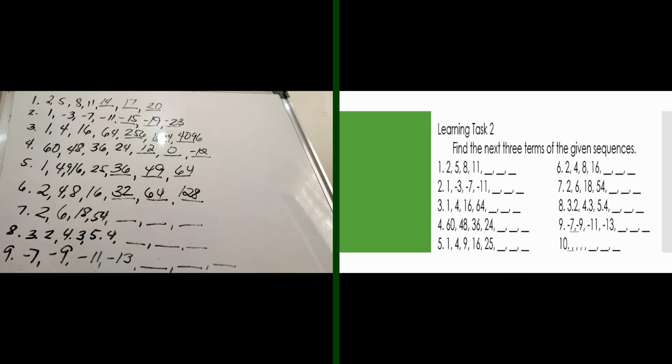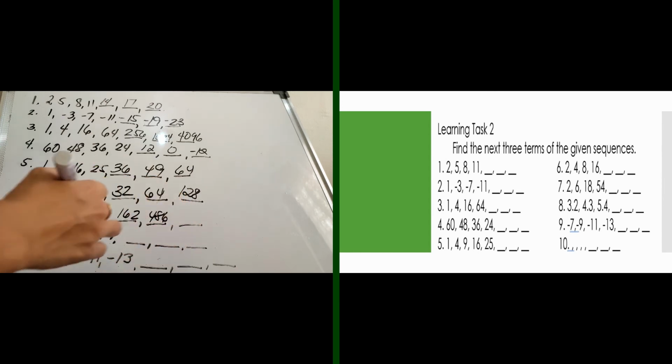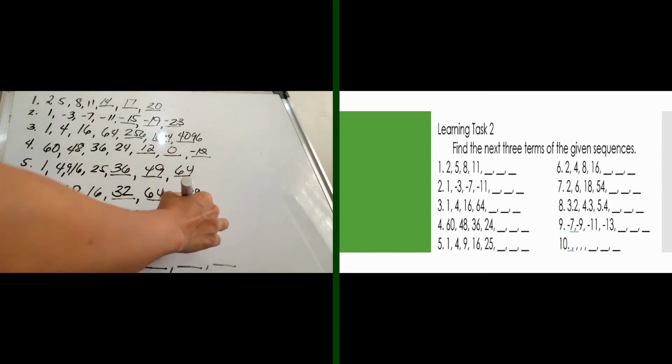So for number 7, we have 2, 6, 18, and then we have 54. So increasing order as well. So in here, it's either adding or multiplying. So with 6 and 2, we can have it as 2 times 3 is 6, 6 times 3 is 18, times 3 is 54, times 3 is 162, times 3 is 486, times 3 is